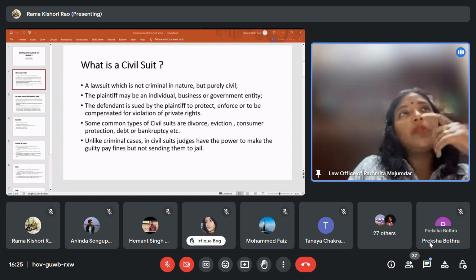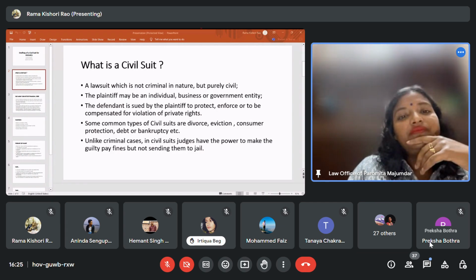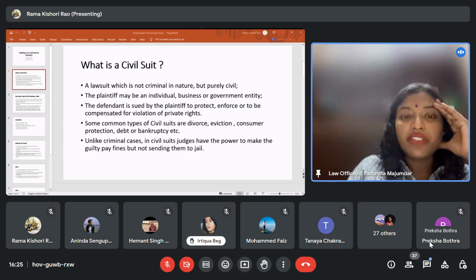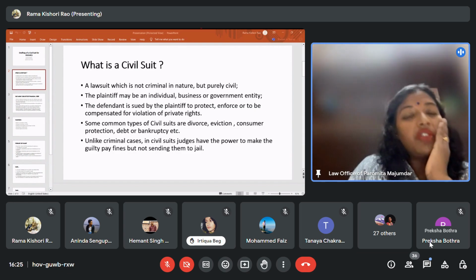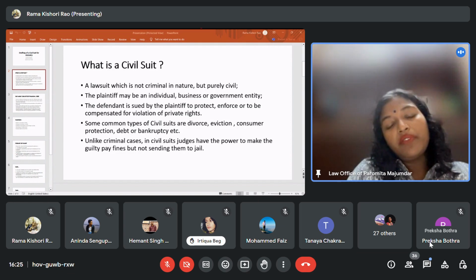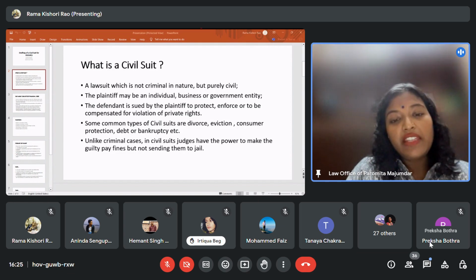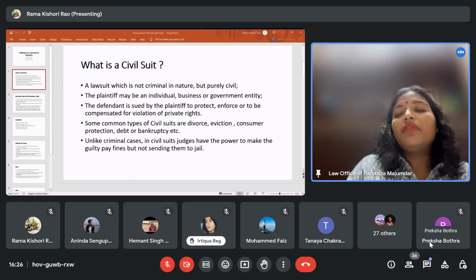Okay, so the third part is pecuniary jurisdiction. First, you have to see where your civil suit will be filed, whether it will be filed in district court or in high court. So I'm sure you must be aware, if people here are from Delhi, then in Delhi, the pecuniary jurisdiction of a district court is 2 crores. So all the suits in which claims are worth up to 2 crores are filed before the district courts, and above 2 crores are filed before the high court. So first you need to check what is the exact amount your client is claiming from the defendant, and then you need to decide which court will have the jurisdiction.